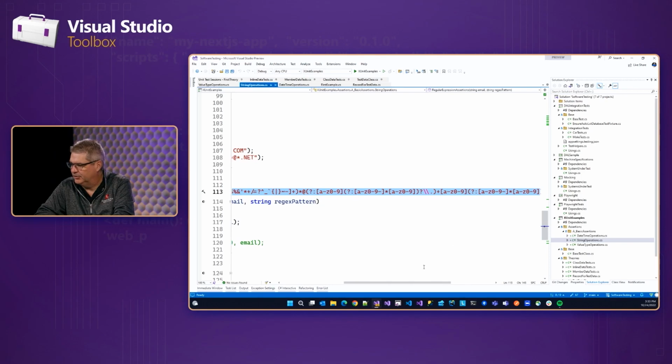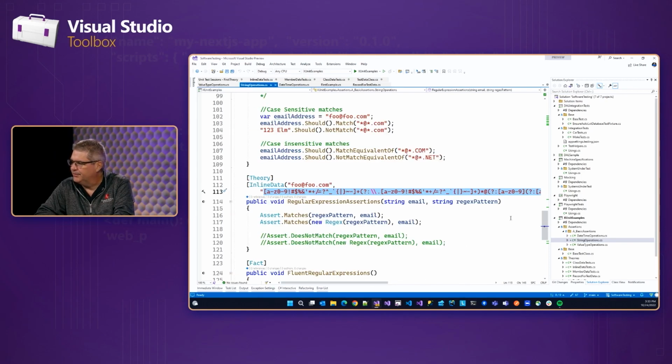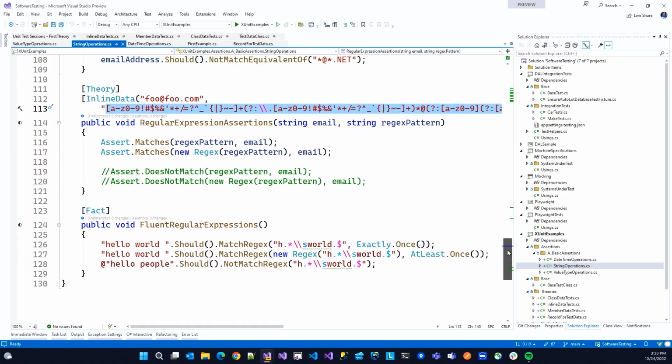Seeing a little bit of the Fluent option for handling regex, or regular expressions, is exciting to see too. It seems a lot more approachable. Well, the other name for regular expressions is write once, read never. Yeah, because I'm looking at that inline data, it's like, oh. And this was a Google search of trying to figure out how to verify an email address. Oh my God. But the Fluent actually does provide a little cleaner way